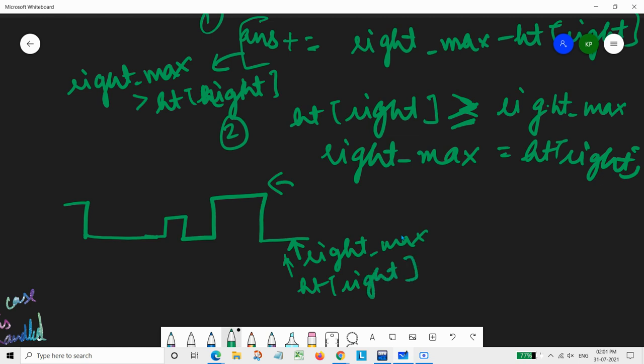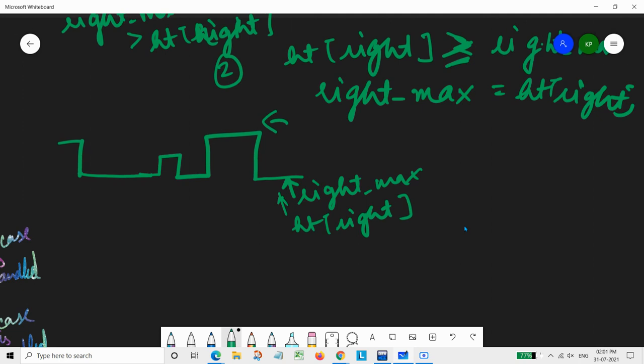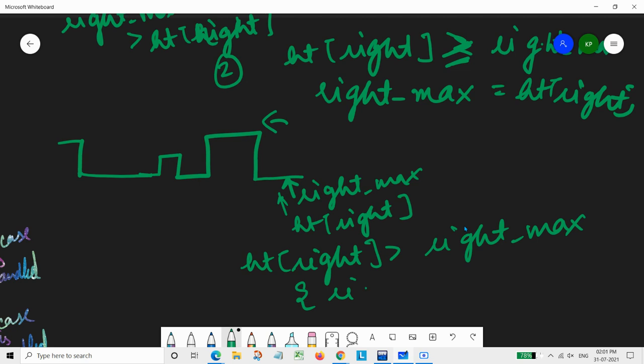So because of this, we now have equal positions of the right max and height of right. But when we move towards the leftward direction, then our height of right would be greater than right max. So in this case, we simply need to update our right max, and now our right max will be equal to height of right.